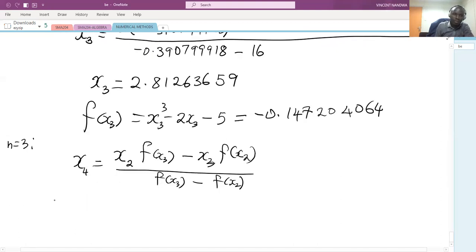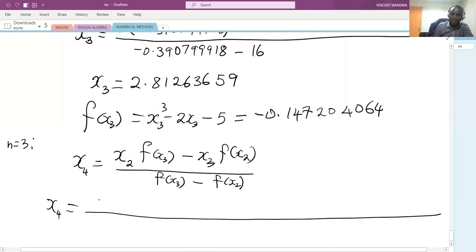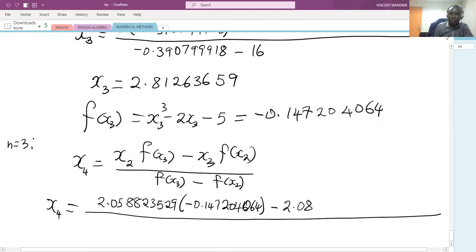So replacing the values, we'll have x4 equals x2, which is 2.058823529. F of x3 is minus 0.147204064, minus x3, which is 2.81263659,